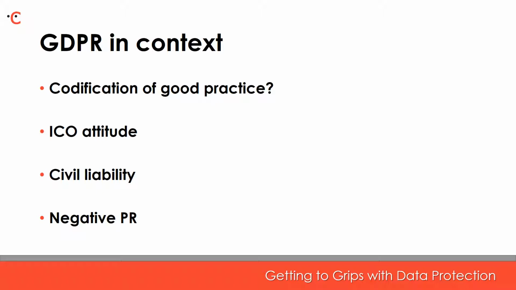Now, in addition to the possibility of enforcement action by the ICO, the GDPR widens the scope for claims for compensation against data controllers and data processors. In order to help individuals bring claims for data breaches, they're able to claim against either the data controller or the data processor and claim 100% of their loss from either party if either the data controller or data processor had any responsibility at all for the breach.